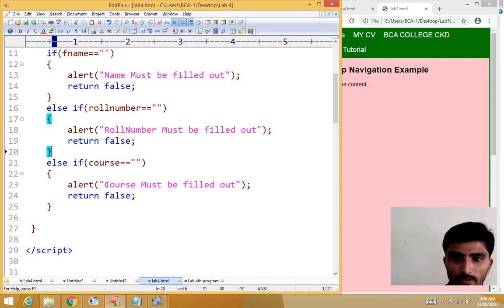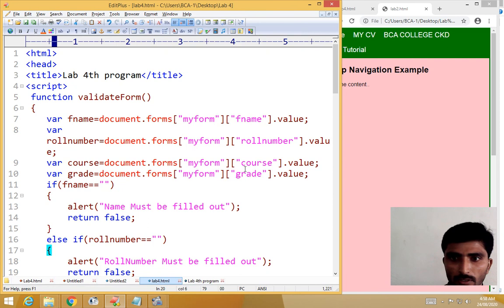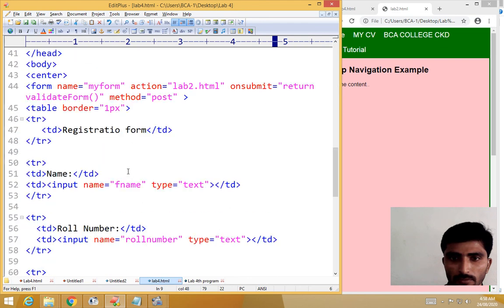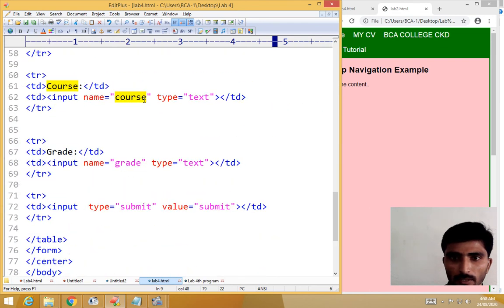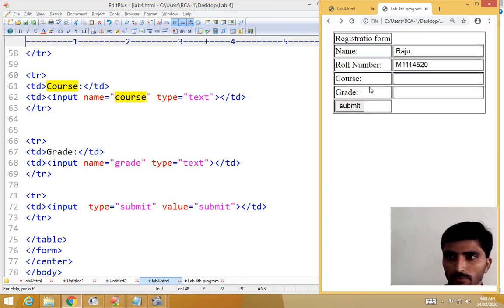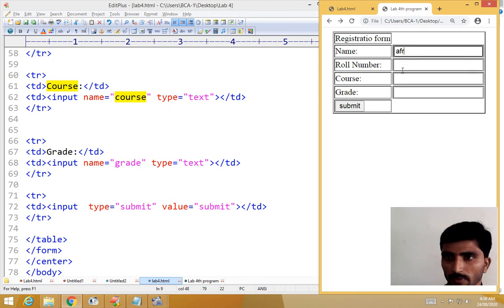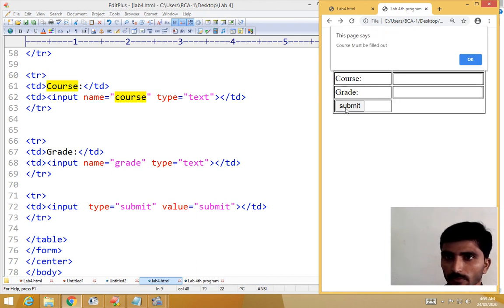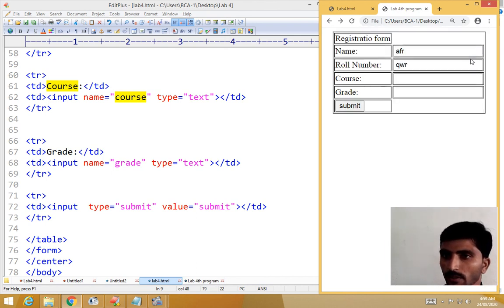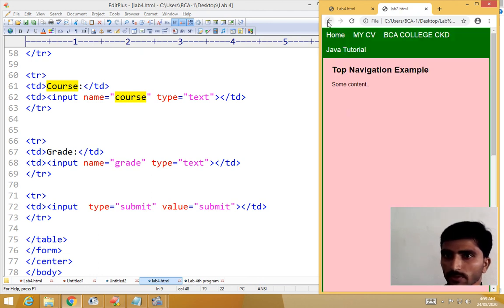Here for that you have to check the name attribute. Now reload, one minute. See, now course must be filled out. After filling the course, it goes to the next step.